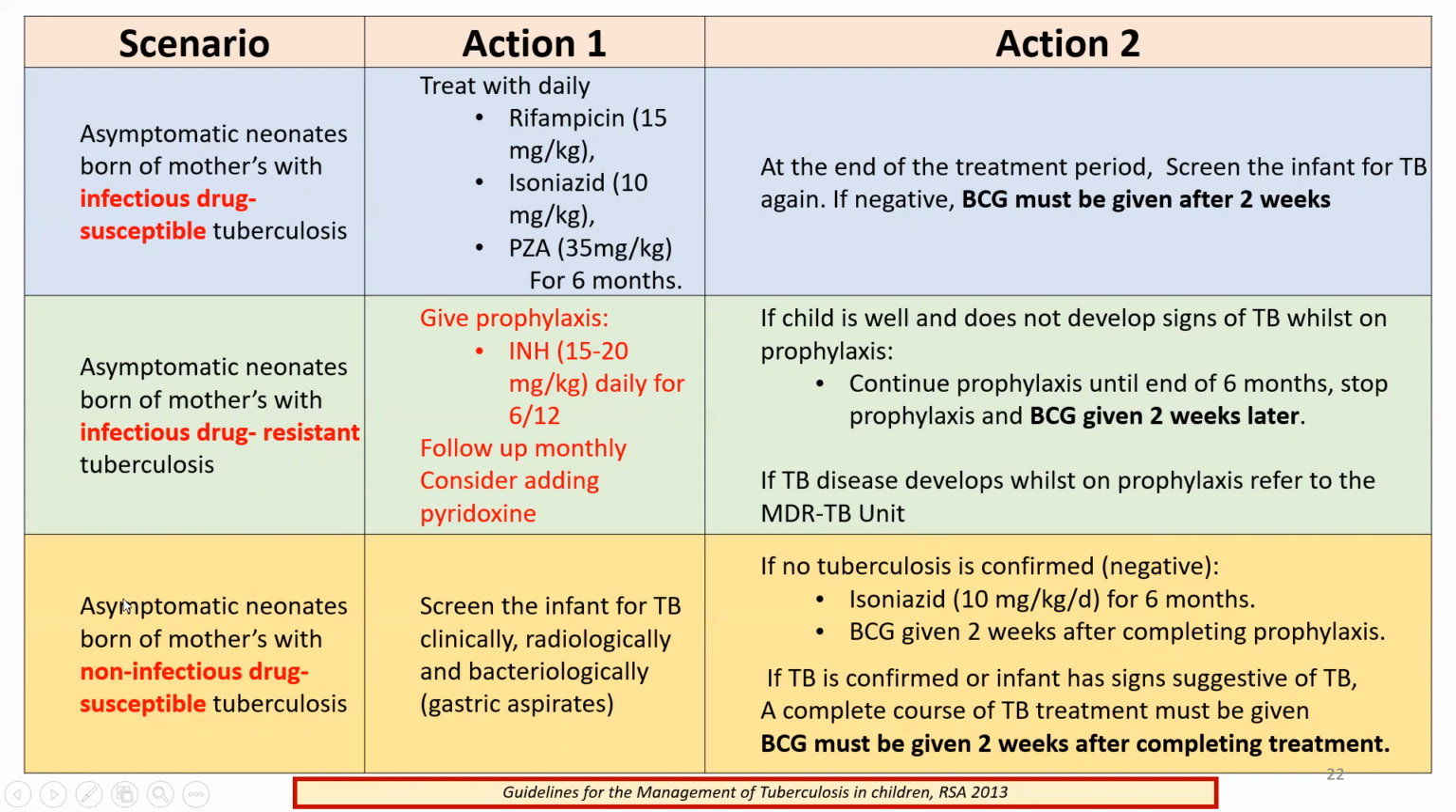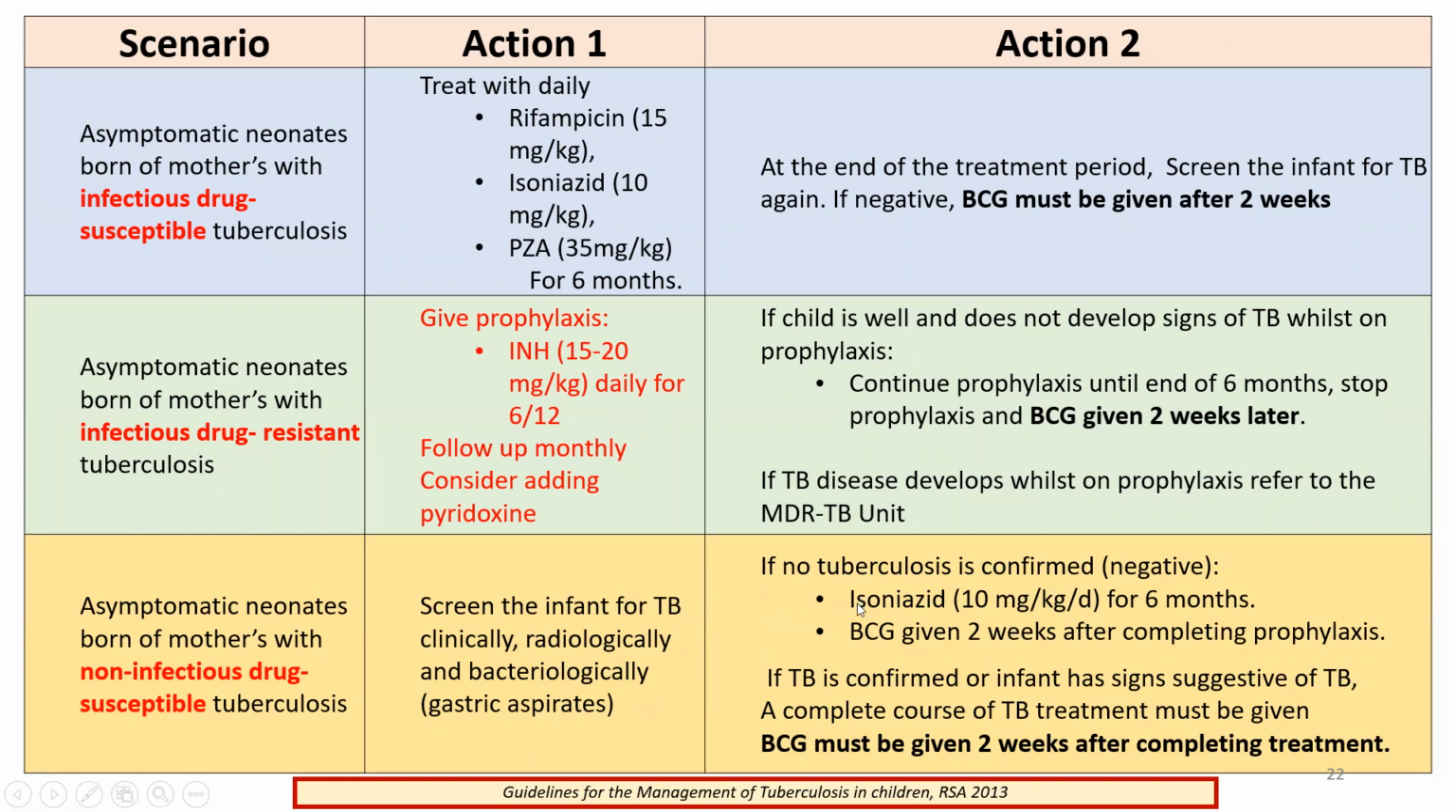The next scenario is when the neonate is asymptomatic and born to a mother with non-infectious drug-susceptible TB, meaning it's extrapulmonary. You screen the infant for TB clinically and radiologically, through X-ray and gastric aspirates, and clinically: whether the baby is gaining weight, is not sick, is playing well. If no TB is confirmed and everything is negative, you give isoniazid 10 milligrams per kilo for 6 months. Even here you withhold BCG, and give it 2 weeks after